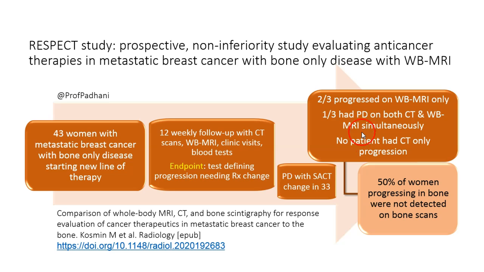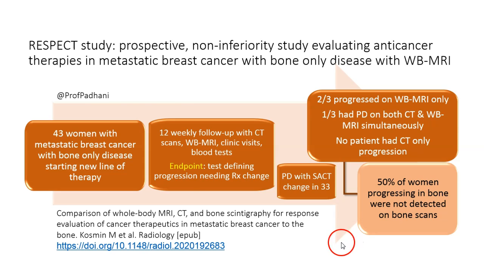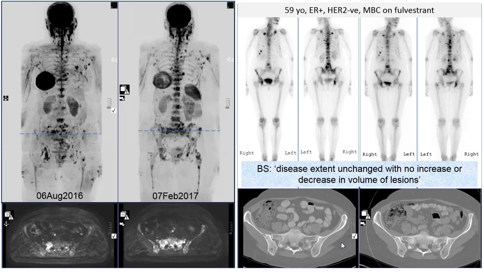When we knew patients were progressing in the bones, 50% of these women did not have disease progression detected on the bone scan. Here's an example of one of the patients that we had. You can see this patient is a 59-year-old being treated with hormonal therapy, and you can see that she progresses between August 2016 and February 2017, and here